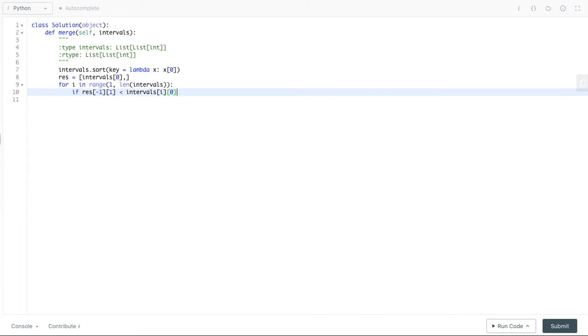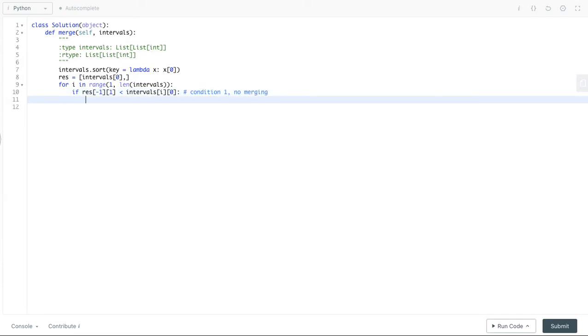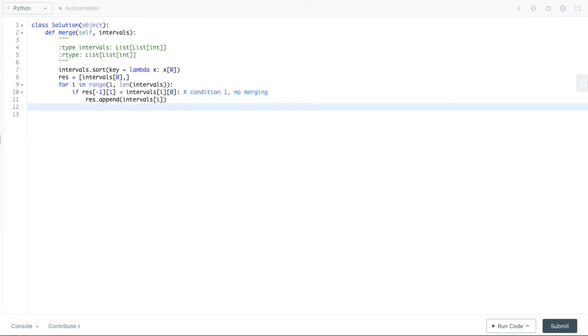Okay, if it's less than, that's our condition 1, and no merging. So no merging necessary, then we will simply append the interval to our result list. Else, if